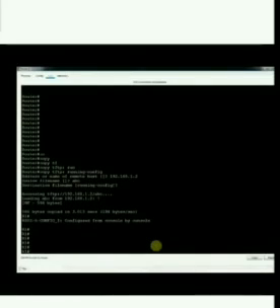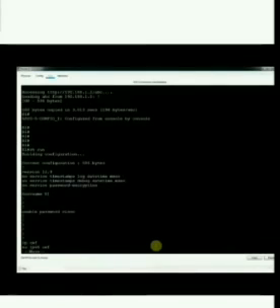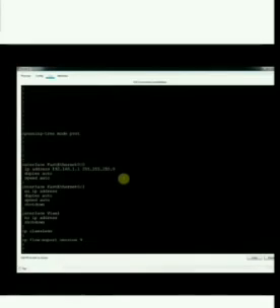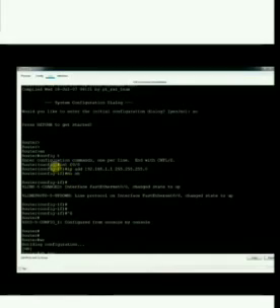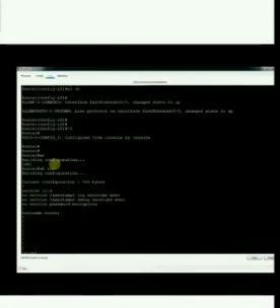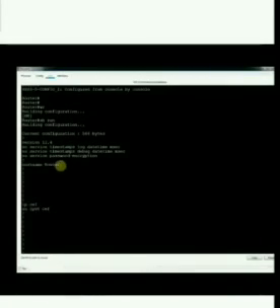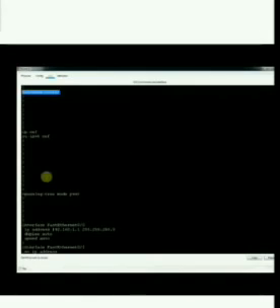Okay, so let's start. We will do it now. Let me move this, and we will open this router. We need to copy from TFTP to running configuration. So let me type copy tftp running-config, then press enter.